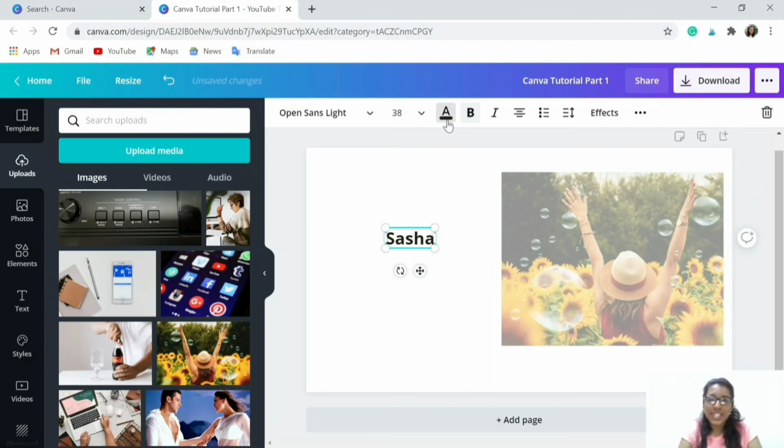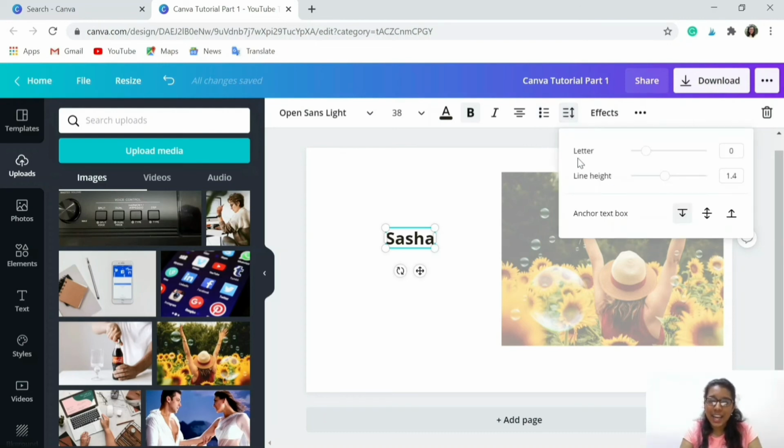So text, we have already seen how to change the font color, how to make it bold, italic. Some basic things are like alignment, left, right, center. Then if you are writing a paragraph and you want it in a list format, you can press on list. Then is the letter and line height.